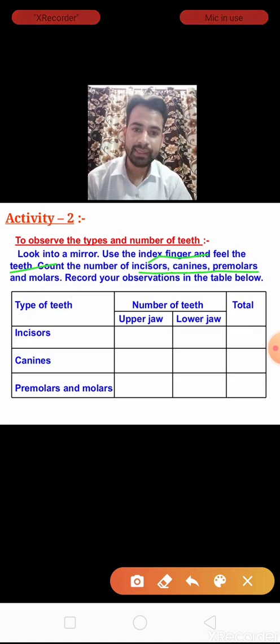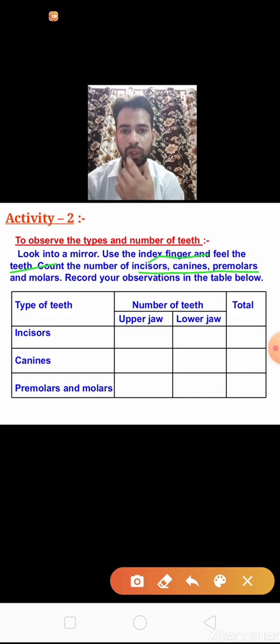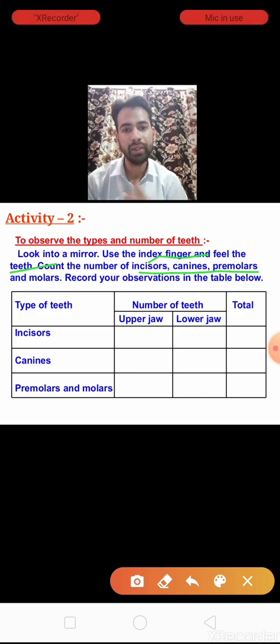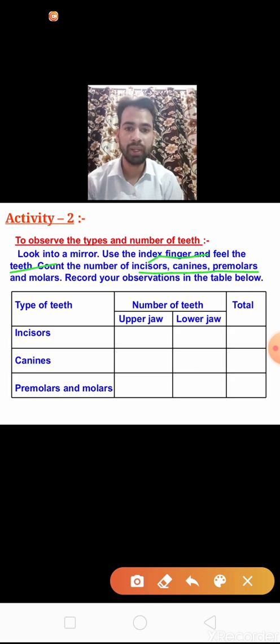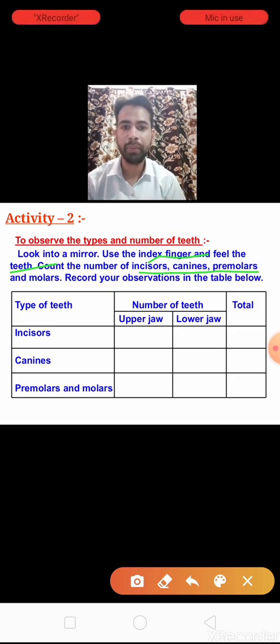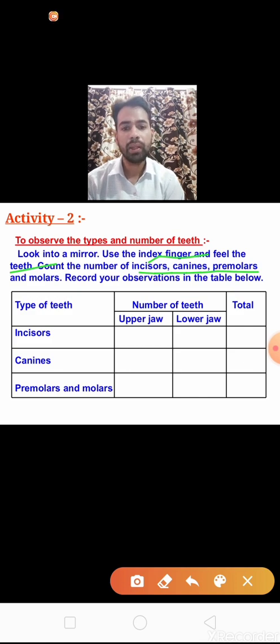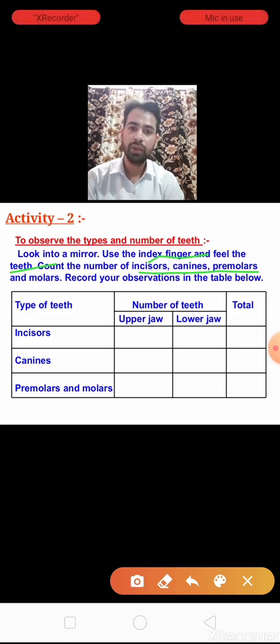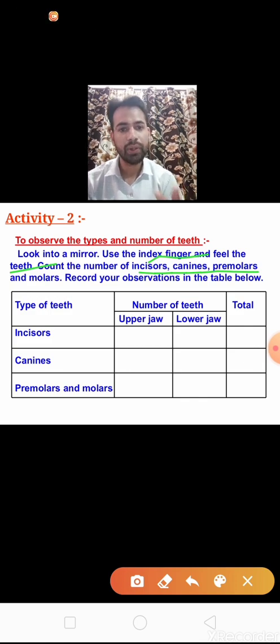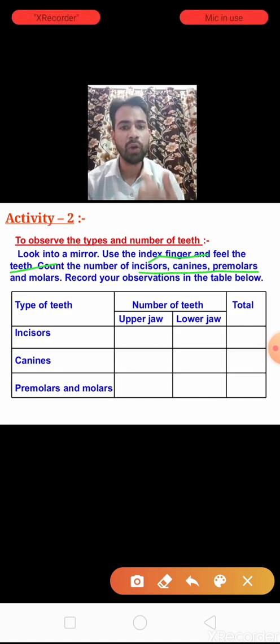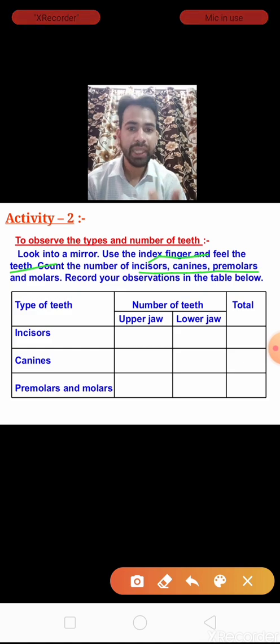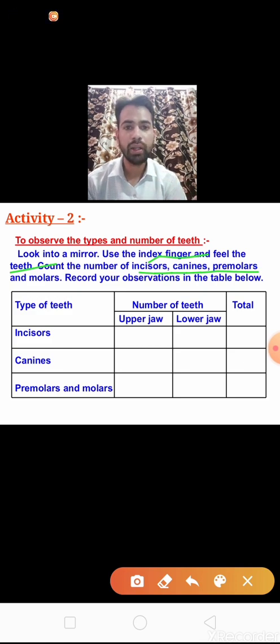Now canines, how many canines we have in the upper jaw, how many in the lower jaw. Same like that, premolars and molars, how many premolars and molars in the upper jaw and how many in the lower jaw. So in this activity you have to count the number of teeth and record in the table.